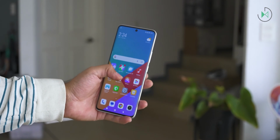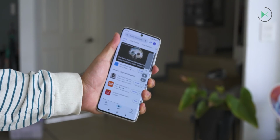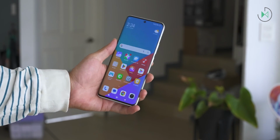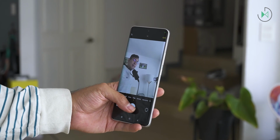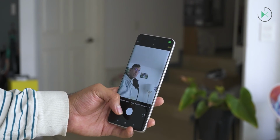However, it is obvious that this gesture cannot be used if you are inside any other application, so I think it could be improved in that aspect to be able to quickly open the camera. Notice that this front camera is going to give us a very good capture speed, so in that sense the experience is very good. If we hold down the shutter, we start recording a short 15-second video, and